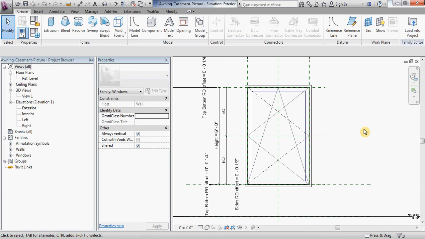Hey everybody, I want to give you a brief overview of some of the families that we've created, some of our modeling standards, and some of the general features for building families in the future, and why we have those standards. I'm going to show you this window family that I've created for all of our awning, casement, and picture